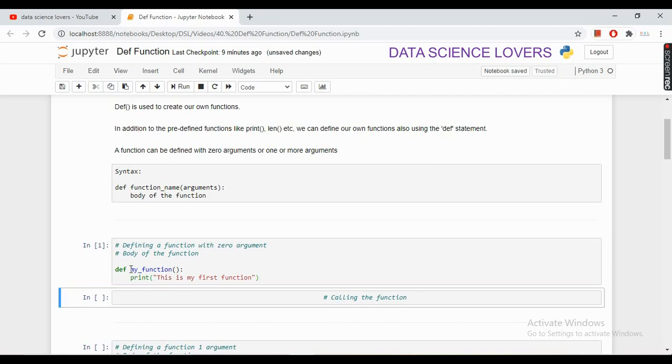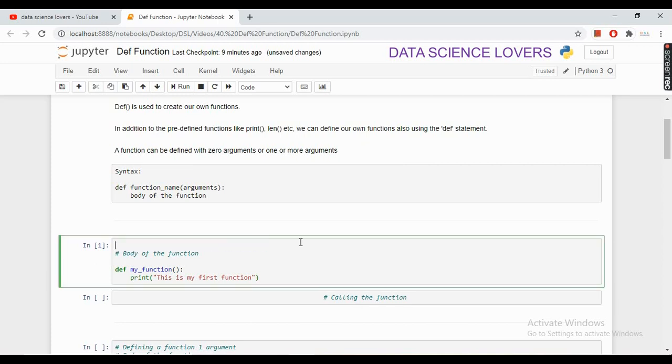If I run this, then you can see that the syntax has been successfully run. Here we have defined the function and here is the body of the function, as you can see.